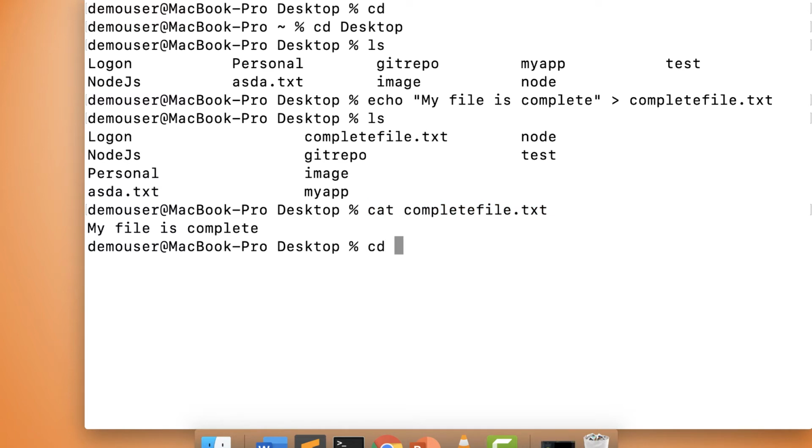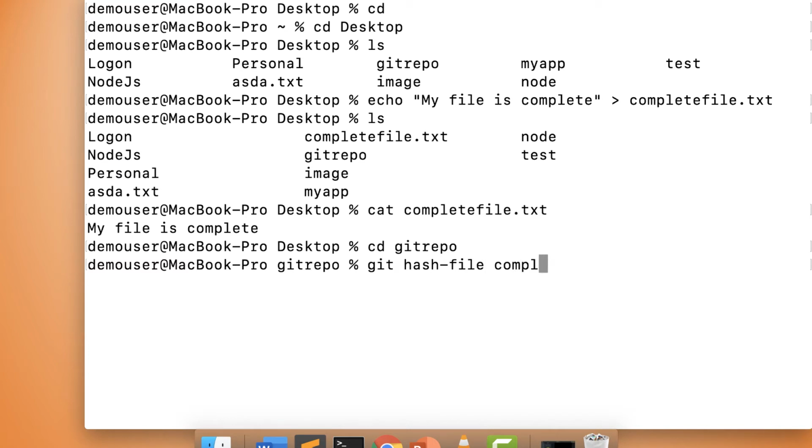We'll go inside our repo, that is git repo. I'll type cd git repo and I'm here. Now I want to create a blob for this particular file. So I will type git hash file and I will type the file name.